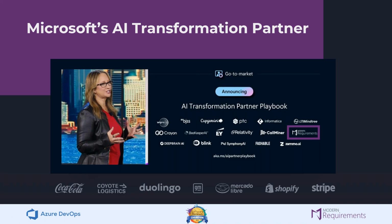Nicole Dezen, the Chief Partner Officer and Corporate VP of Global Partner Solutions at Microsoft, recognized us as a key AI transformation partner at Microsoft Inspire earlier this year, as you can see on the slide